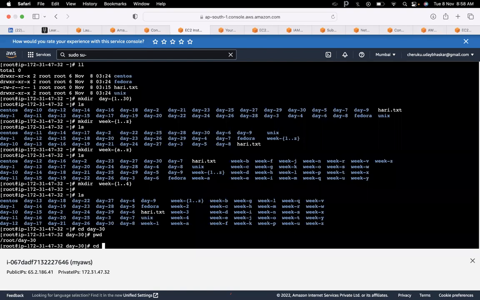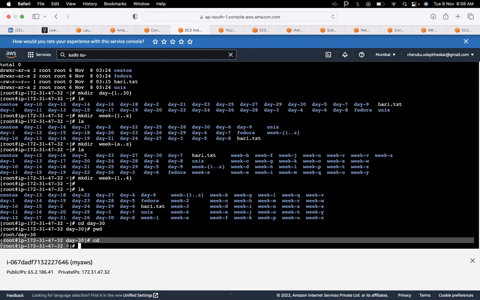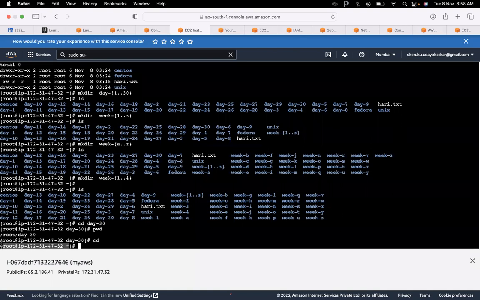But if you use the cd command alone, you will go to wherever you are logged in. If you are logged in as root user on an EC2 instance, it automatically goes to the root user's home directory, or a normal user's home directory.